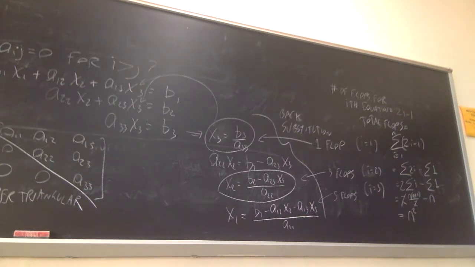So we have a bit more work involved. For a diagonal system, only n arithmetic operations were necessary. Now it's n squared. But what we'll see later is that to solve a general system of equations, it's going to turn out to be n cubed. So this is still a relatively small part of the work.